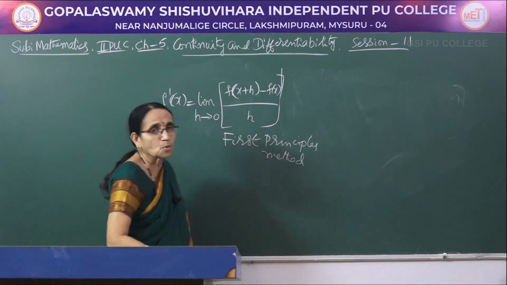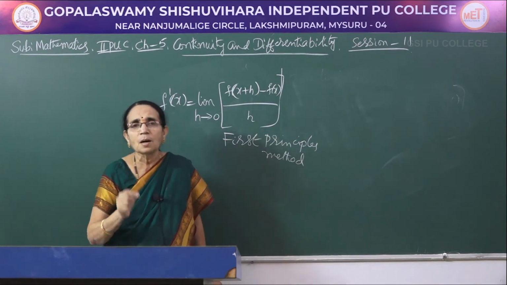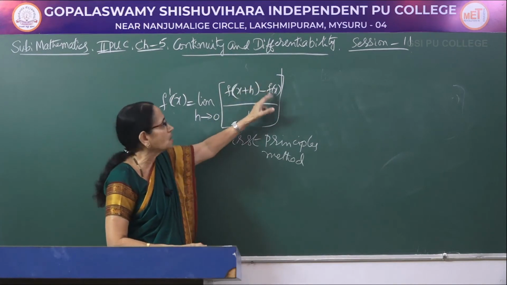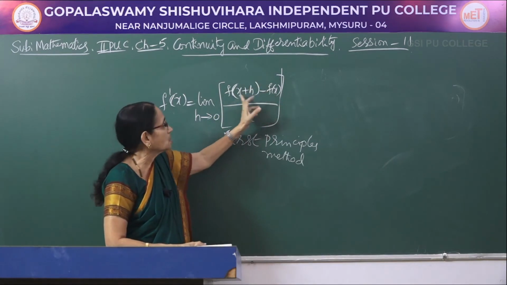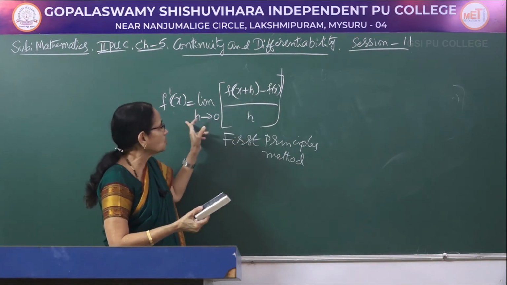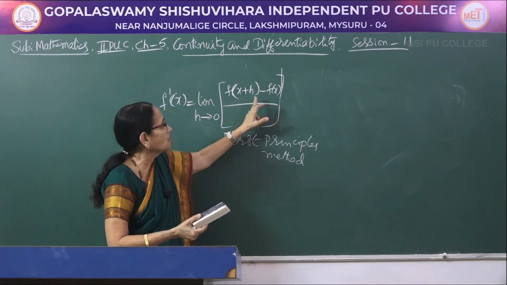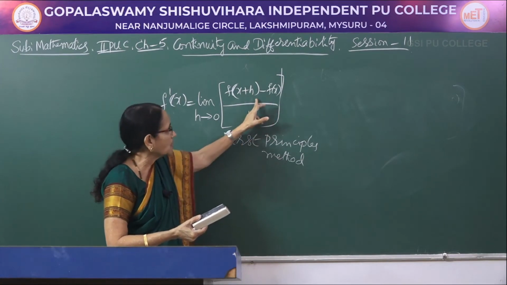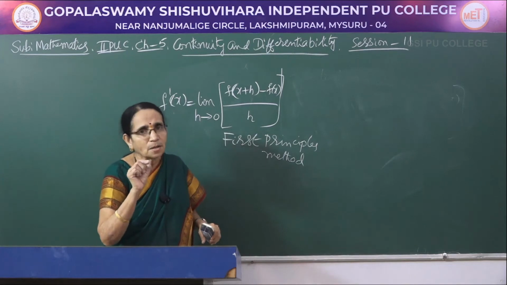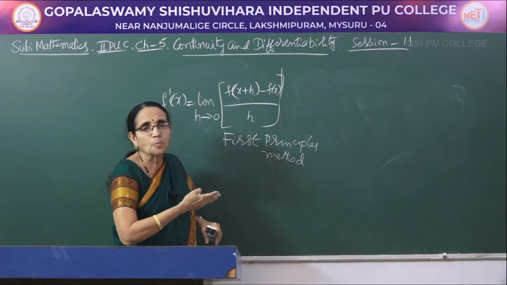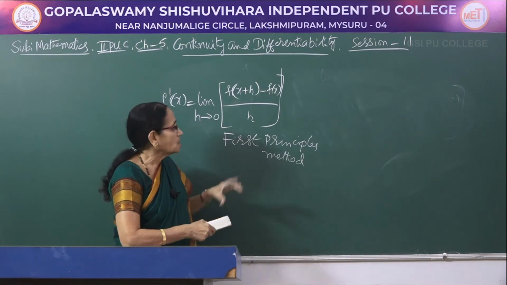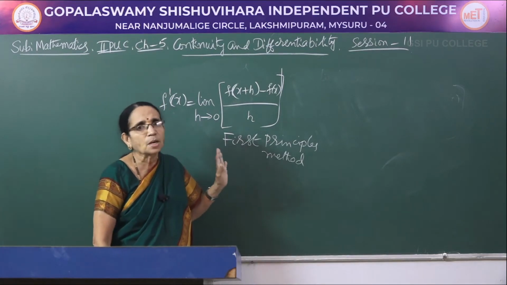So, if somebody asks you to find the derivative using the first principles method, first see whatever may be the function given, take that as f(x). Then you find f(x plus h) depending upon the function. Then use the formula, write the values here, simplify, divide by h, take the limit as h tending to 0, wherever h is there write it 0, we use the appropriate standard limit to arrive at the limit of the right hand side, that becomes the derivative of the given function.